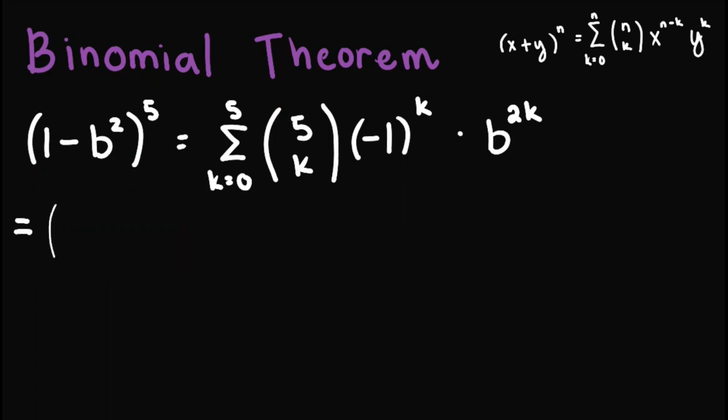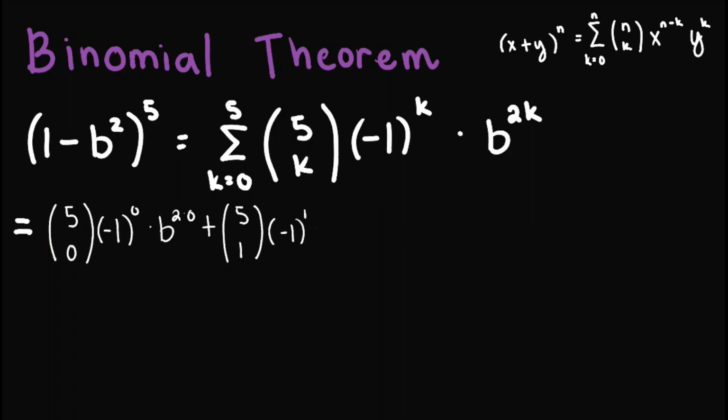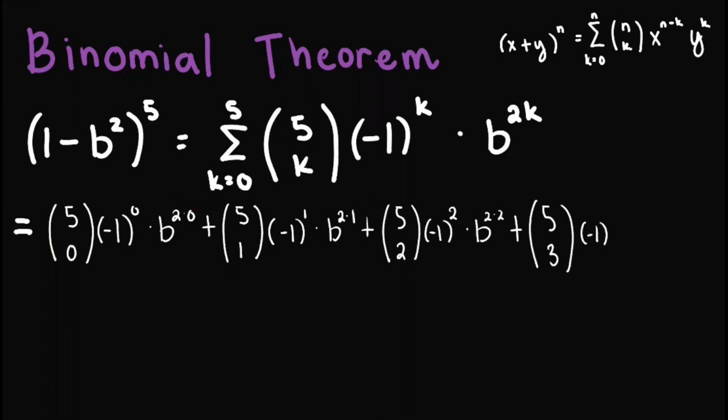This will result into 5 choose 0 of negative 1 raised to 0 times b squared times 0 plus 5 choose 1 times negative 1 raised to 1 times b raised to 2 times 1 plus 5 choose 2 negative 1 squared times b raised to 2 times 2 plus 5 choose 3 of negative 1 cubed times b raised to 2 times 3